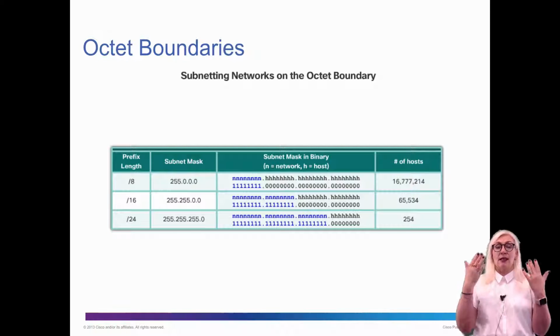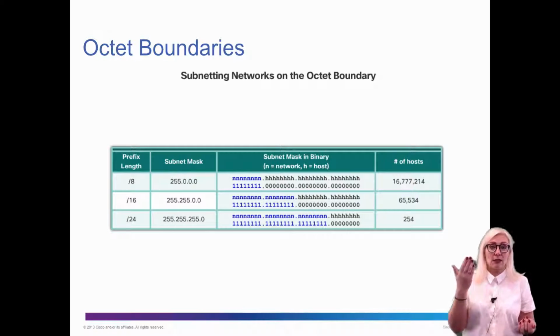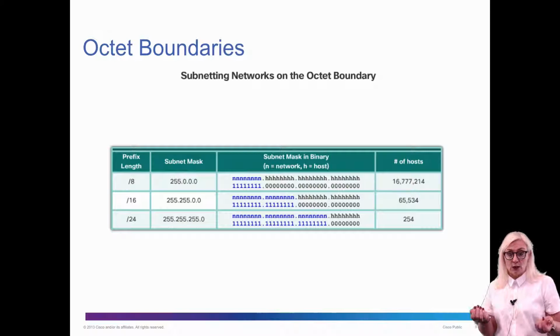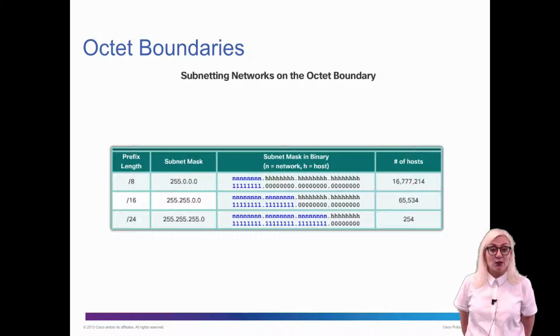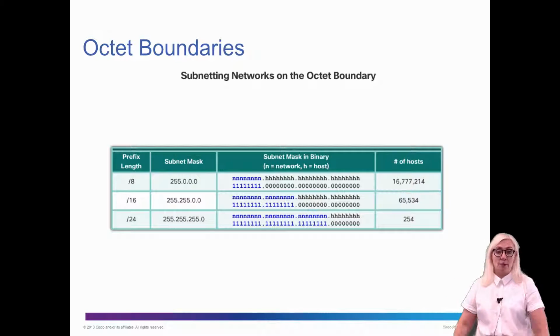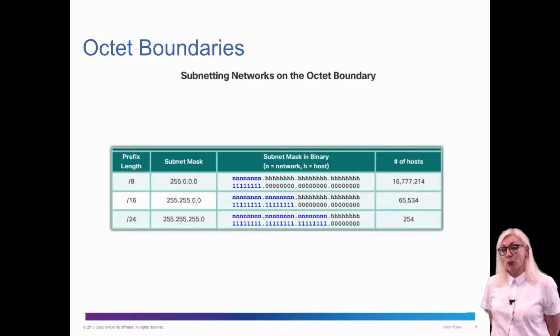As long as it is something with /8, /16, /24, it is very, very easy to calculate. We don't have to do the binary math to find out the network address and the broadcast address. And the same thing applies when it comes to subnetting,